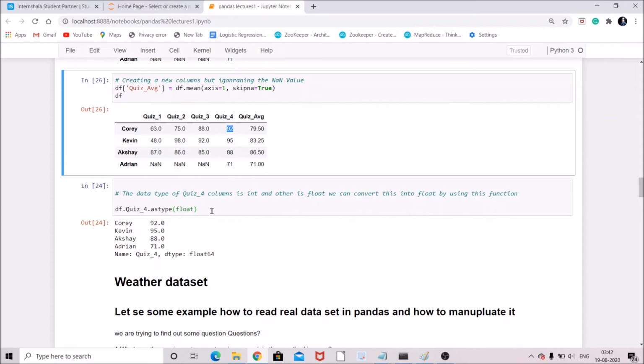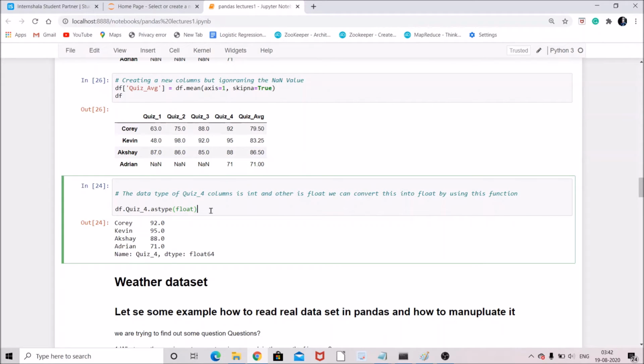To convert this to a float, you can use this function: df.quiz_4, the column name, dot astype equal to float. When you run this command, you will find the data type is converted from integer to float.